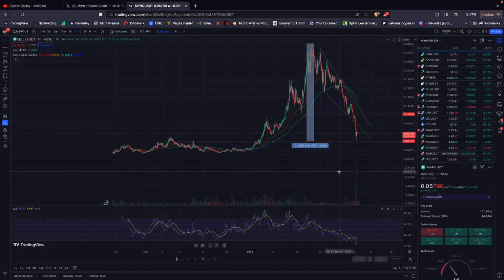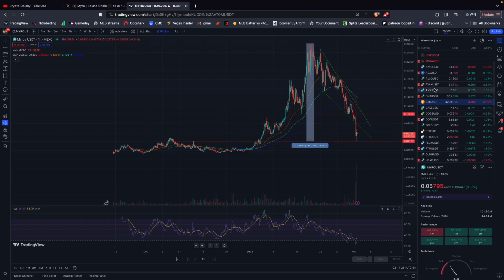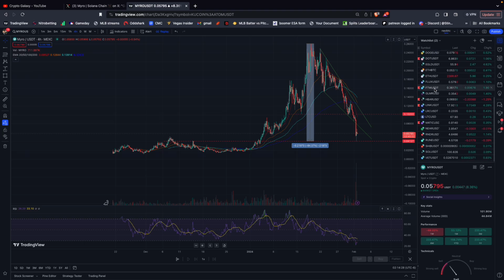Crypto's still a wild, wild west thing, and meme coins especially, guys. This is dangerous when you've got projects like Kaspa, Solana, Bittensor on the market. There's no reason to really be playing with a coin like MYRO at this point, I don't think. And if you do already have a bag and you're up, which I know a lot of us are,